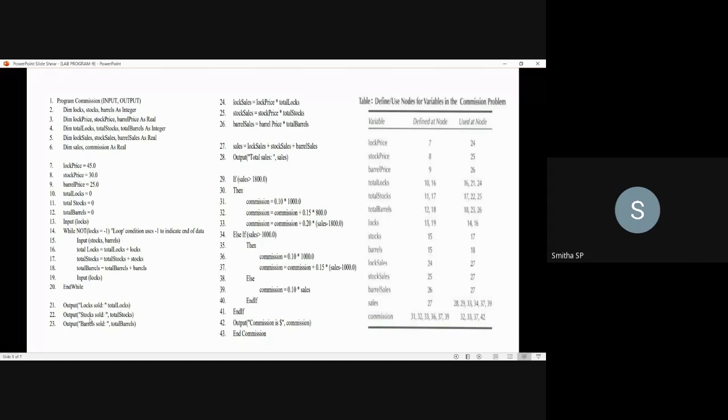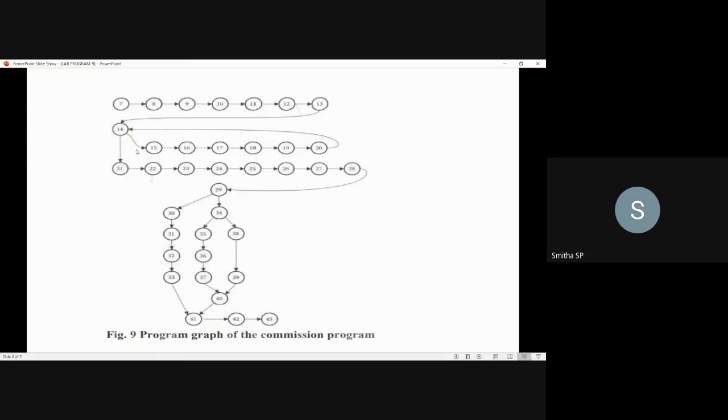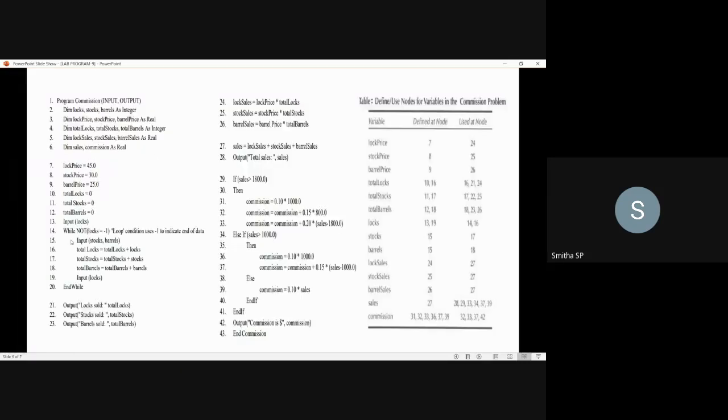21st, 22nd, and the 23rd. So here from the 14th, two control flows, one to node 15th and another one to node 21st. Here you represent them as node 14th to 15th and node 14th to 21st. Then you go with the further statement, that is from node 15th. Here you can see that there is a sequence.